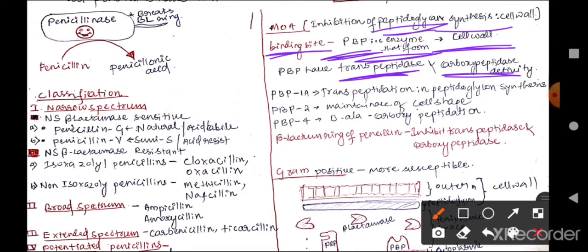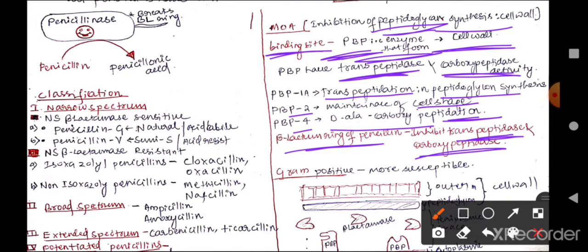Penicillin binding protein 1A helps in the transpeptidation in peptidoglycan synthesis, 2 maintains the cell wall shape, and 4 carries out the D-alanine carboxypeptidation. The beta-lactam ring of the penicillin inhibits the transpeptidase and carboxypeptidase. Thereby, there is no synthesis of peptidoglycan, ultimately leading to the death of the bacteria without formation or synthesis